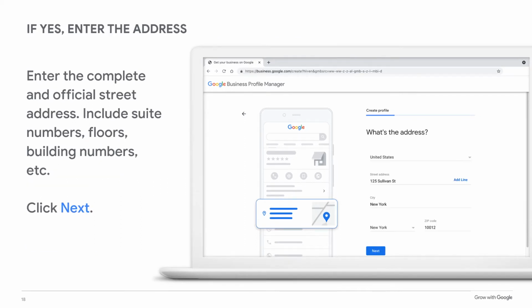If you checked yes, you'll be asked to enter the complete official street address for your business. Please don't include extra details like cross streets or nearby landmarks. You can add suite or office numbers on the separate address line. P.O. boxes are not considered accurate physical locations and are not allowed. This includes mailboxes at locations other than your business address, such as shipping stores. This image shows you how to enter your business address when creating a business profile.